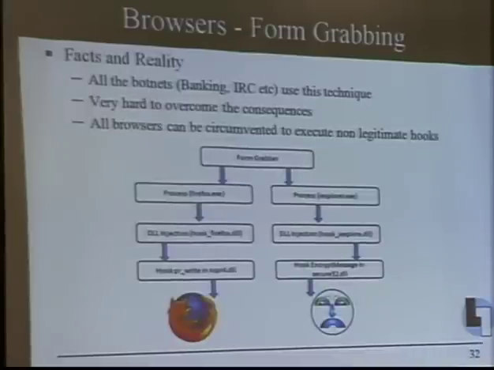For some of the samples that we have analyzed, they actually perform DLL injection. Typically in previous times, we have three types of DLL injections. We have API hooking, then we have the registry, and then FindWindow, SetWindowsHookEx, and Windows operating system. But in some of the recent samples, we have also seen that the malware started using APC-based, asynchronous procedure call-based hooking too. But that is not a part of the samples that we analyzed. So it breaks Firefox, it breaks IE,